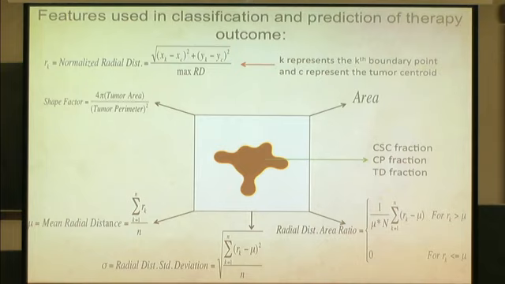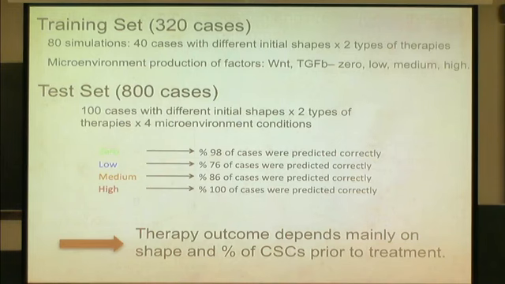What we do is use it right before you apply therapy to try to predict which therapy will work for that tumor. In fact, what we found is that you get very good results even if your training set is much smaller than your test set. Most of the time you use a big training set and a small test set, but we found this worked pretty well.